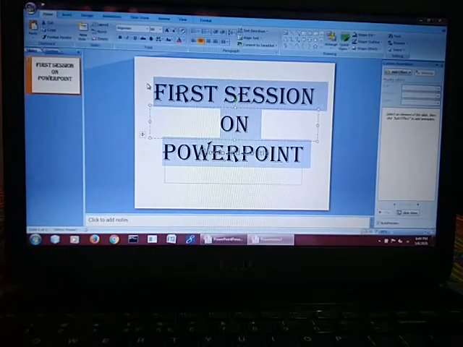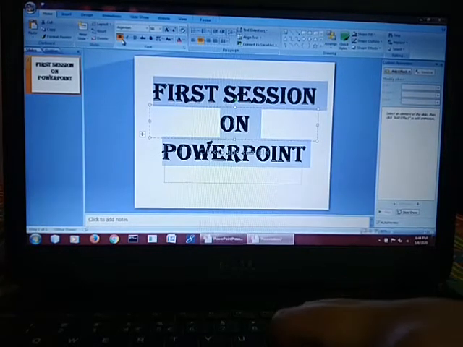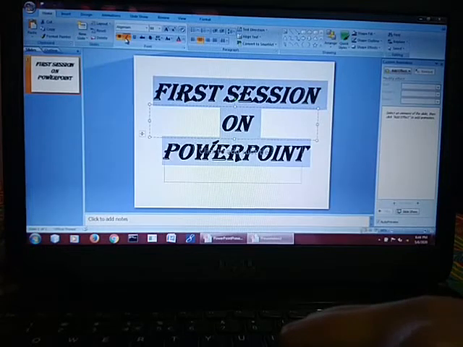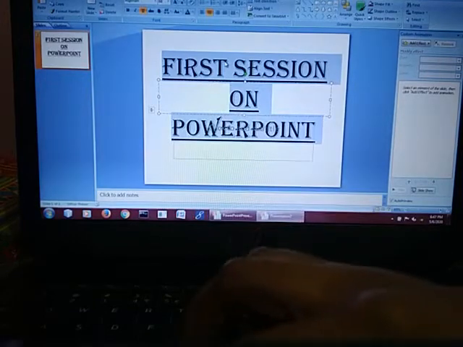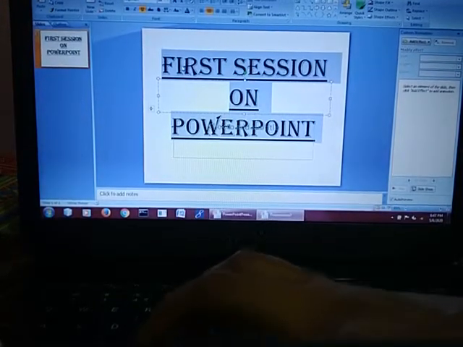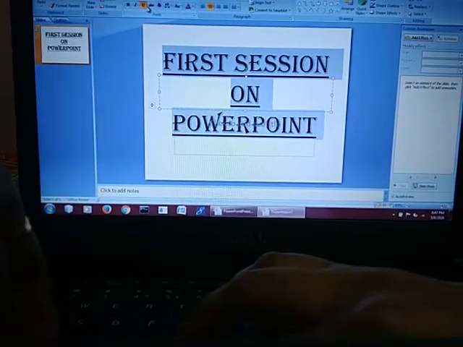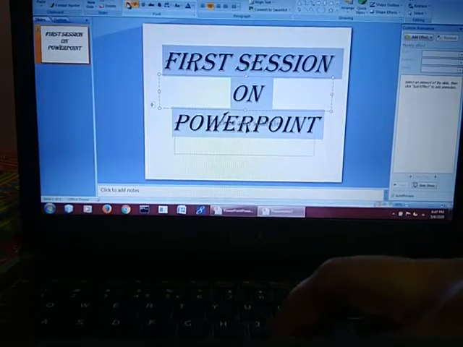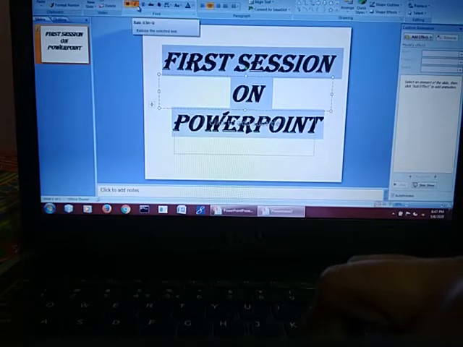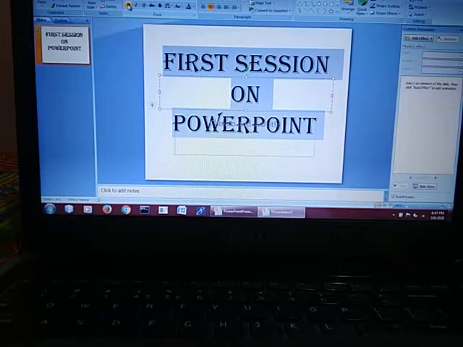Now I want to make it bold, so I can choose bold, then italicize, then underline. If you have underlined the particular text, how can you remove that underline? It's simple. You just select your text again and click on the underline option, and your underline will be removed. Similarly, if you are applying any one of these, like italicize or bold, then if you click on italic or bold again, it will be removed. Fine. Now the next thing is how to change the font color.